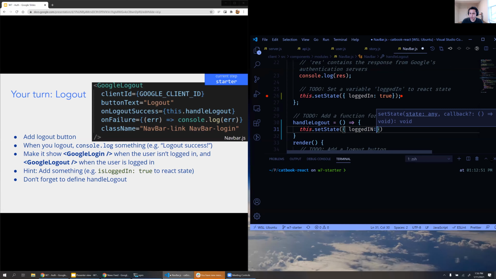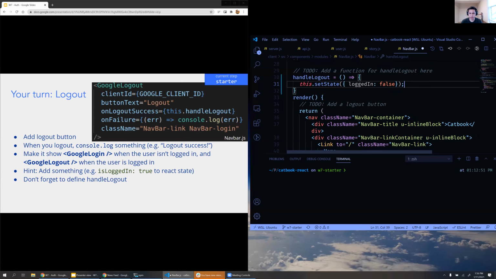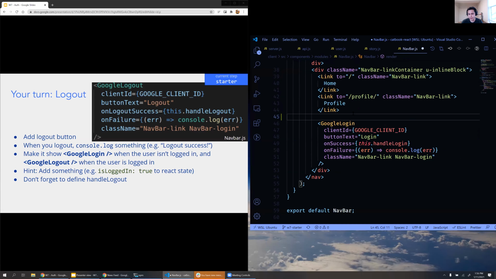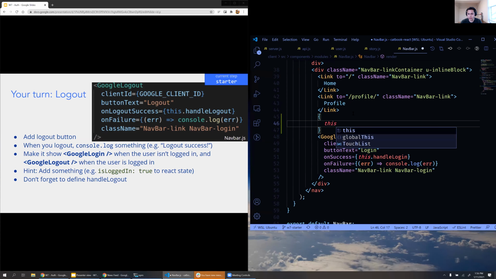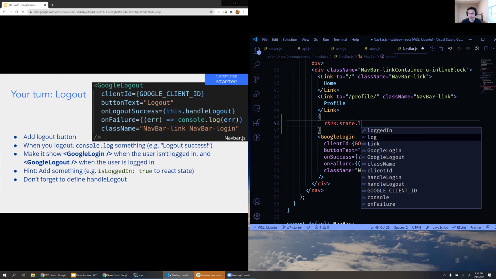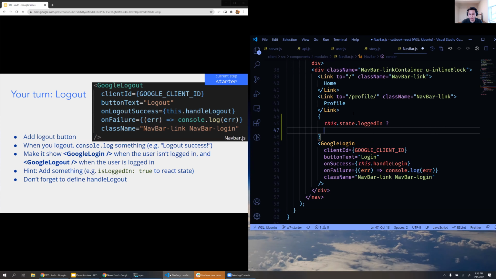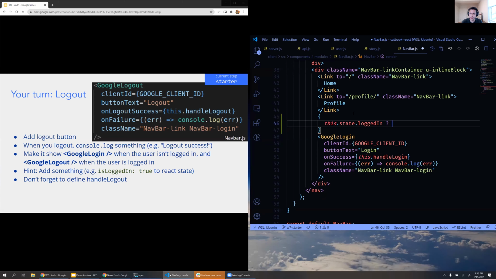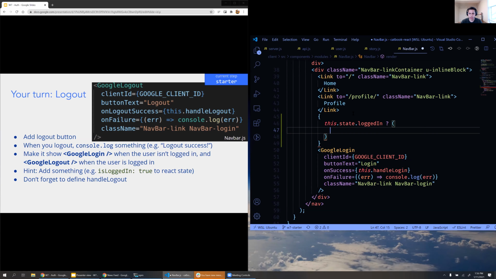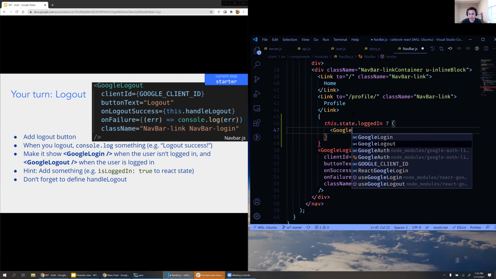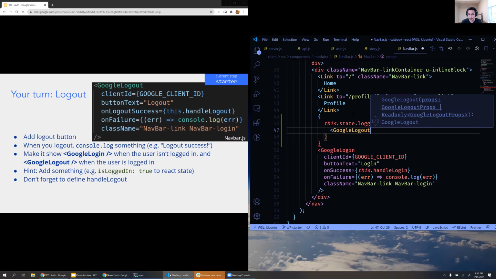Cool. All right, so right here, we have currently only the login button. So we want to do curly braces to start writing JavaScript. We're going to say like this state log in. So this is called a ternary operator. After the question mark, the first thing that you put there is what should trigger or what should render whenever that variable is true. So when you're logged in, you want to do,